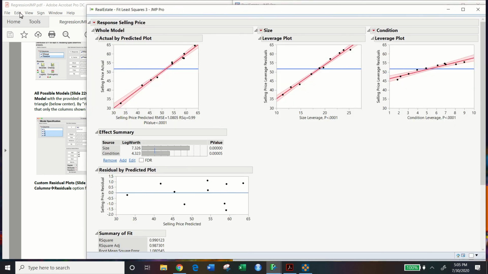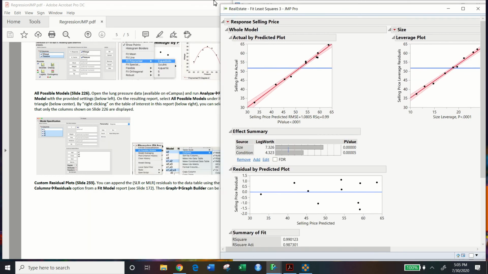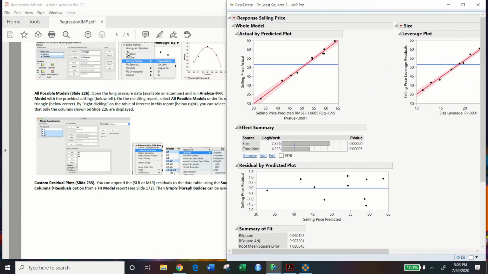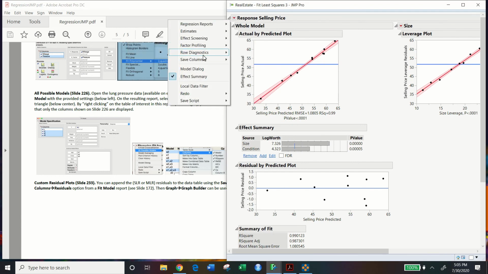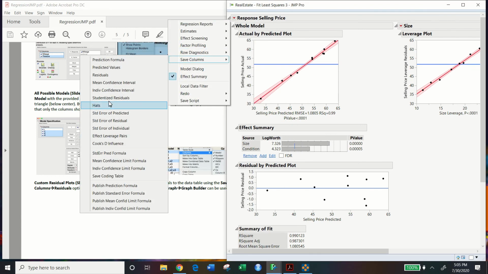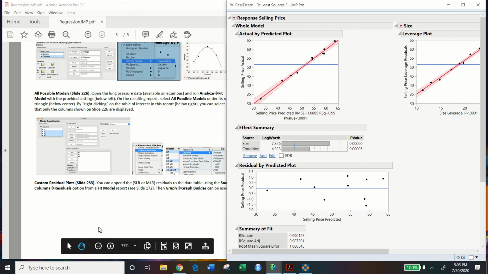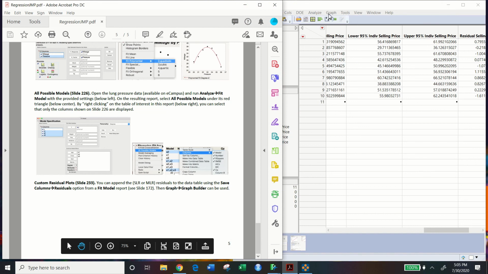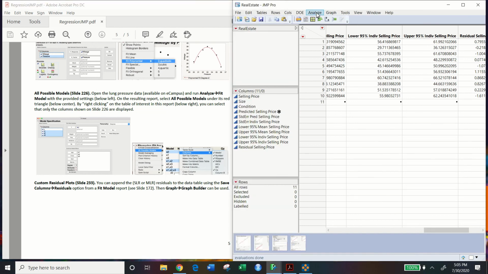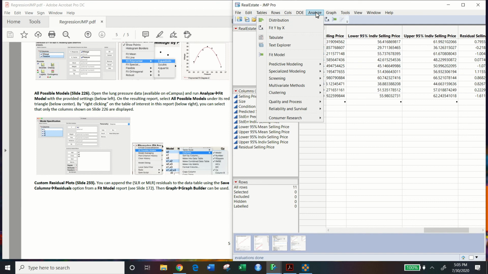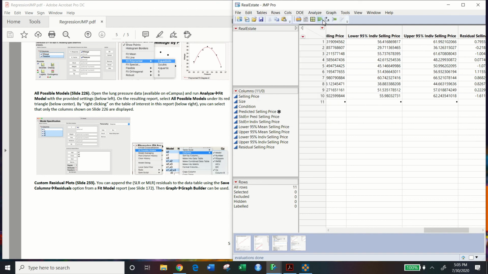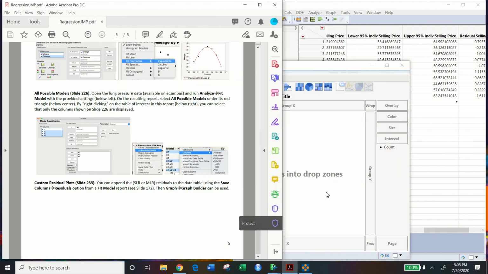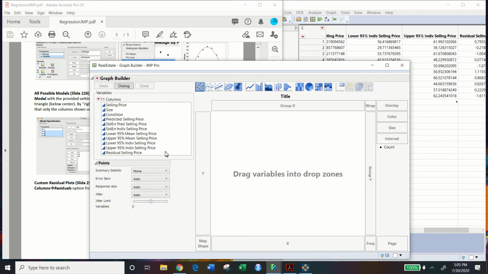And this time I'm going to be interested in saving the residuals column. So if I go to Save Columns, Residuals, then we can minimize and we can use the graph builder in order to create a residual plot. So graph builder, residual selling price,